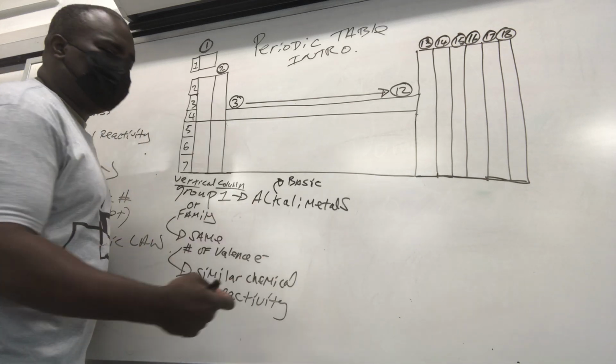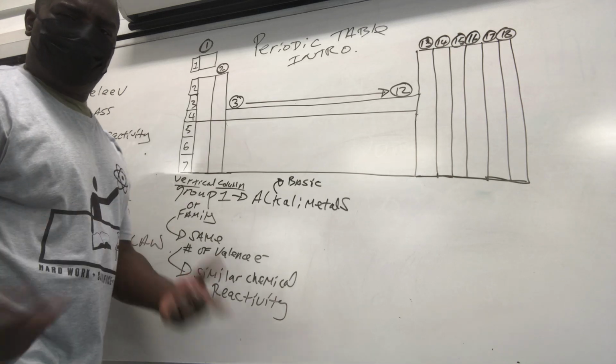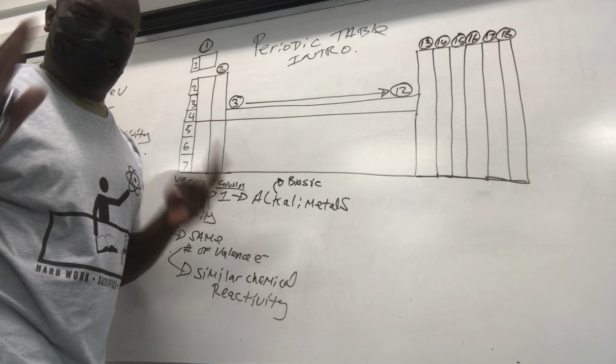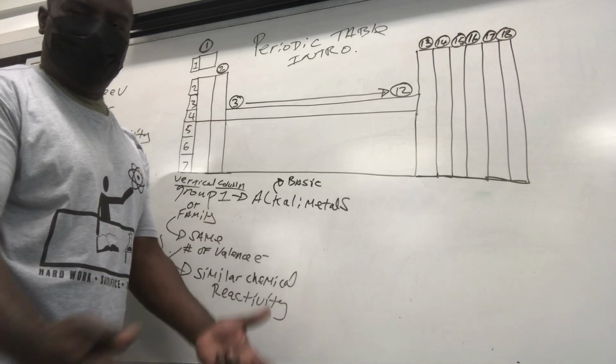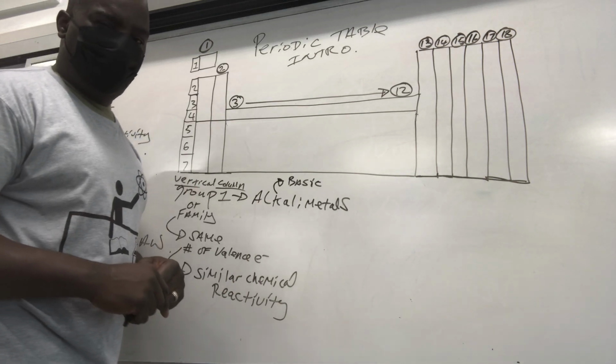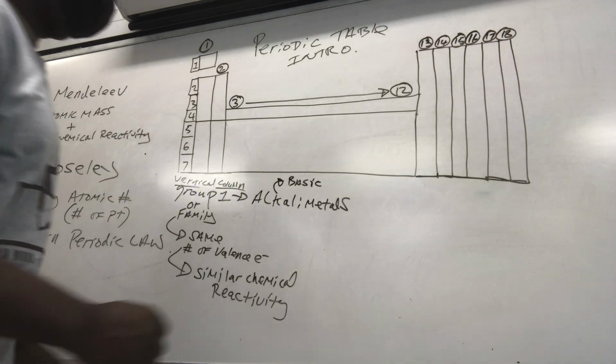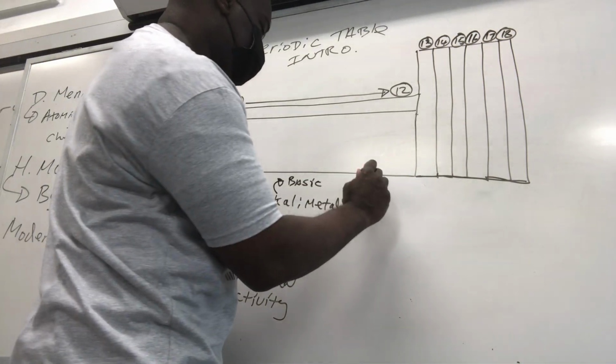So when you react metals in group 1 with water, for example, they form hydroxides. If you don't know the term hydroxides, don't stress, but it makes a basic solution. You put a red litmus paper in, it'll turn the red litmus paper blue, okay? So no problem, bam, done. So that's group 1. Group 2, alrighty,